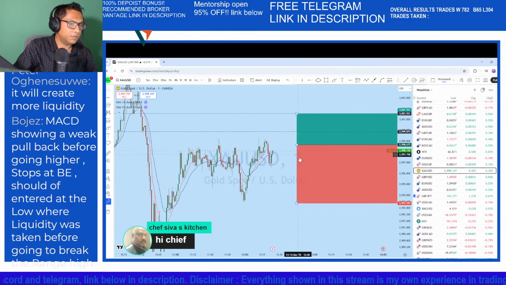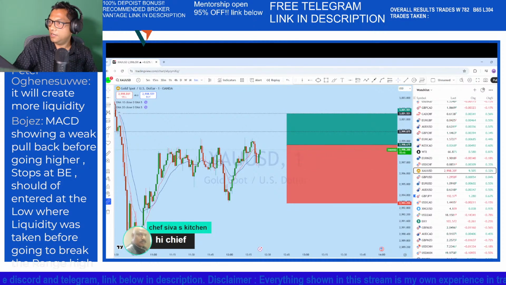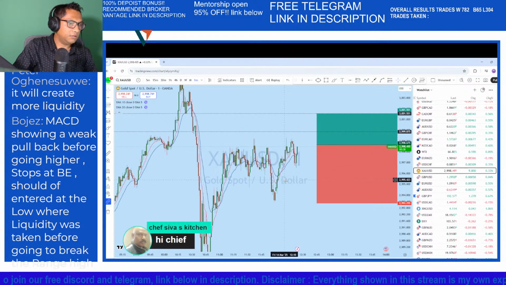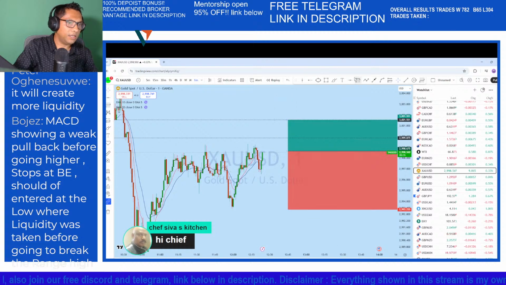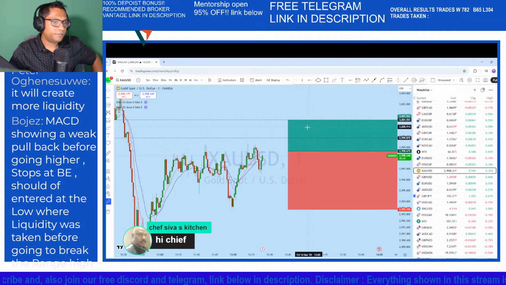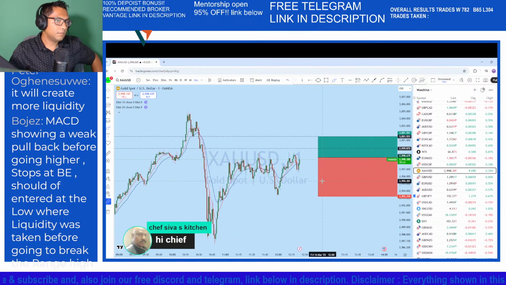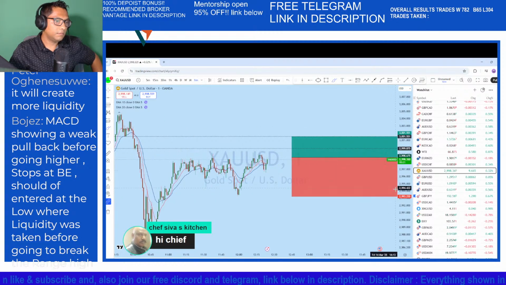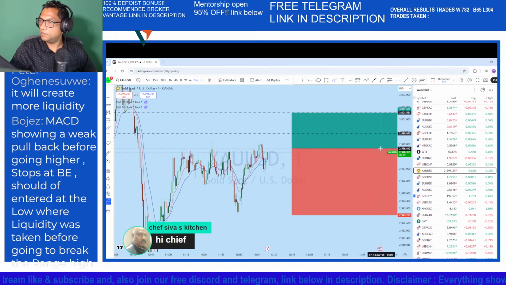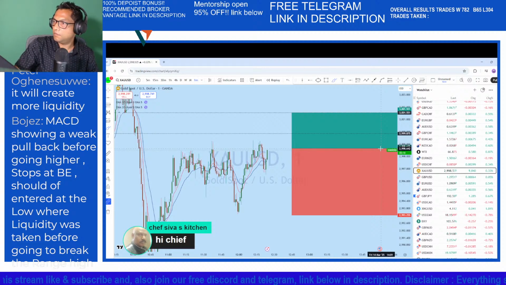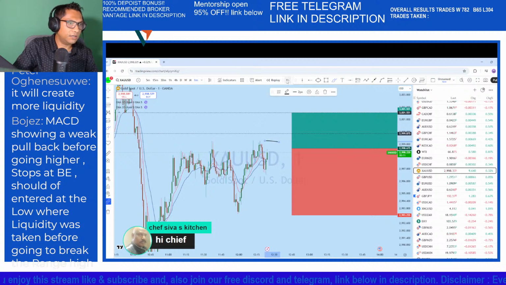So let's see here how the market is reacting. I think we might see that again, moving back to the upside for another bias, which gained momentum here, so that might give it a new move for another bounce. Okay, expecting it to trend to the upside. We'll see that.